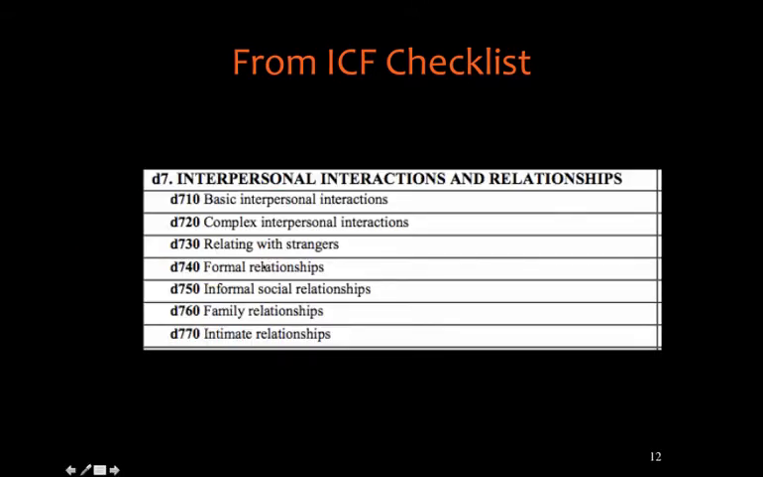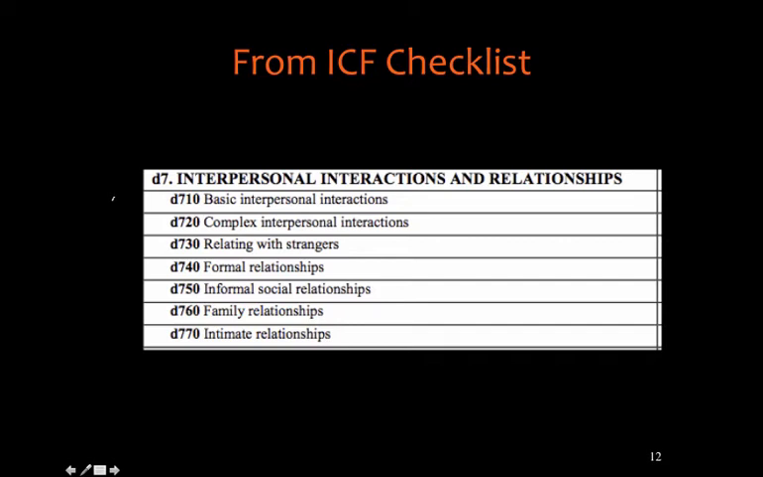Now when we get to this D7 section of the checklist, we're talking about interpersonal interactions and relationships. Within these, it's somewhere in between activities and participation. I've looked at these lists and this structure for a little while now, and it's tricky to formally align one with the other. So that's not a question I would ask anybody. But I just wanted you to think about